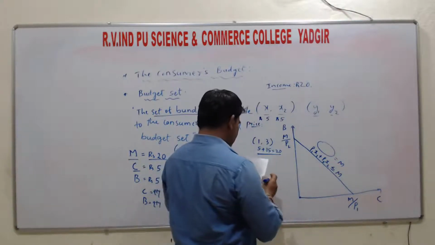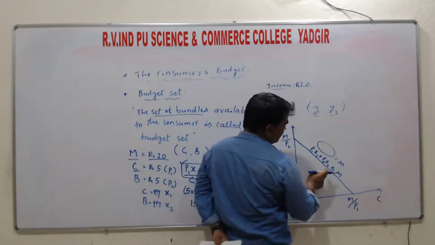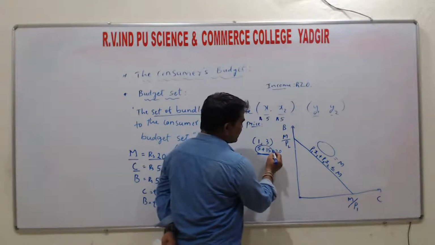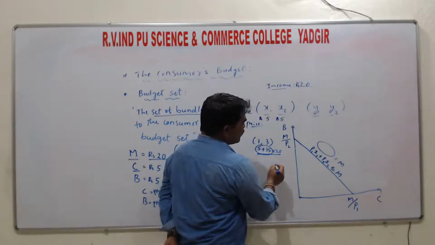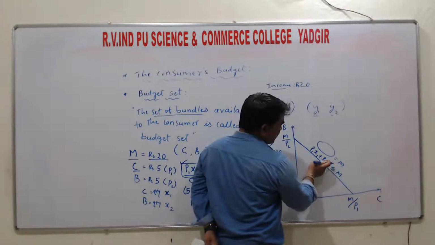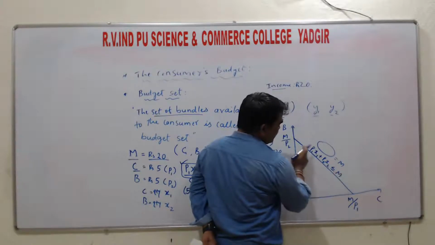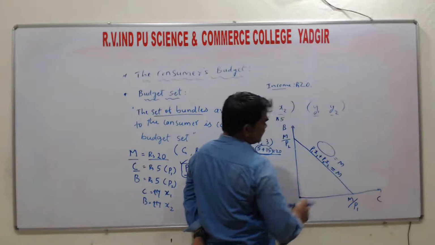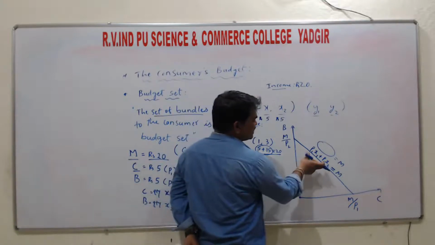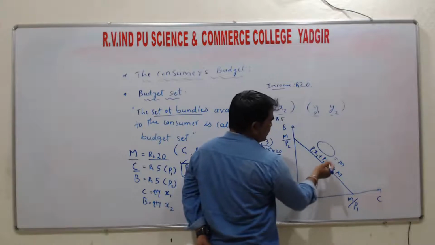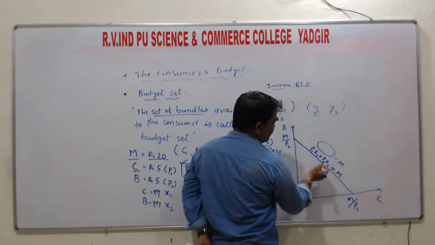So how can we put that here? As we said, whatever result we are getting is always equal to his income to get this straight line. If it is lesser than his income, then we won't get this straight line. That's why we put it as always equal to his income. If the price of this bundle is equal to his income, then we will get a straight line. If it is lesser than his income, then